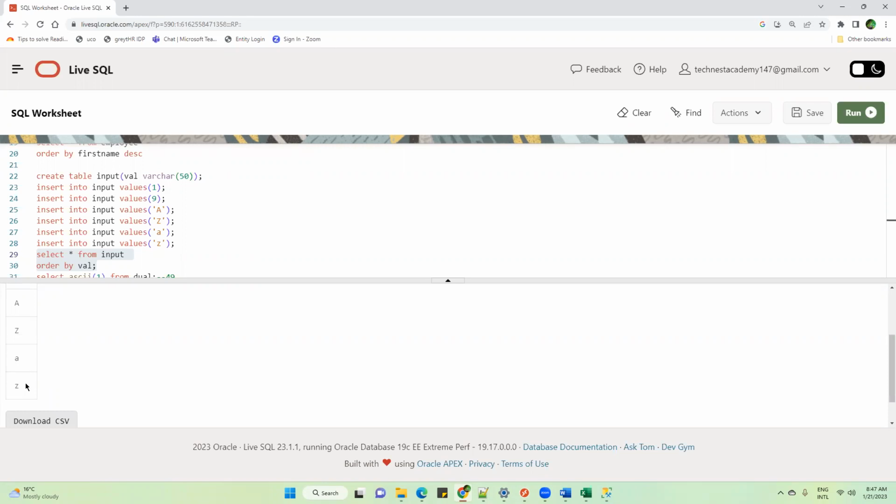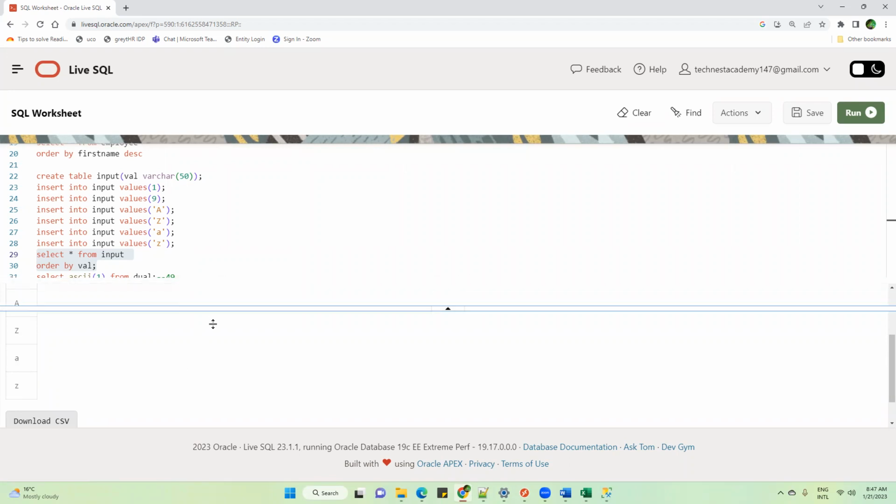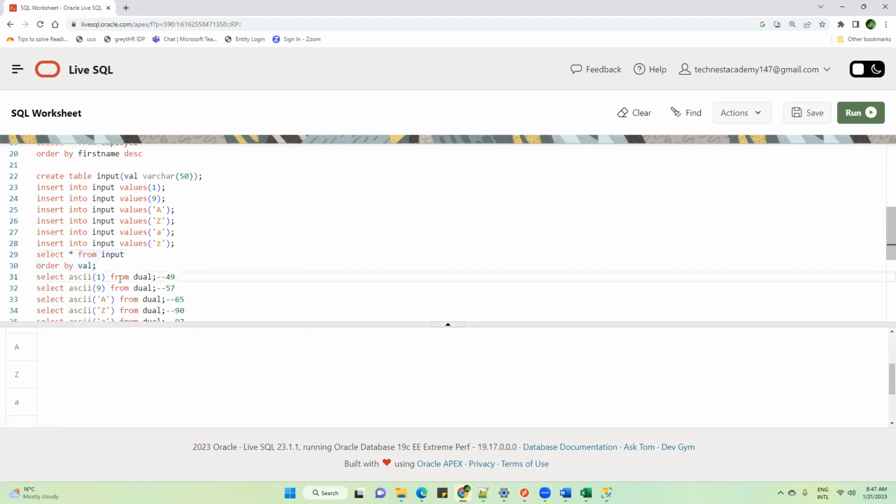Basically, when I am trying select ASCII 12 from dual, it is again returning the number 49 only. Correct, so it is the same as 1, because it will take the first character. It will start with the 1. If you try 12, 13, 14, 19, it will give you this value. I will come to that. Just give me a moment.